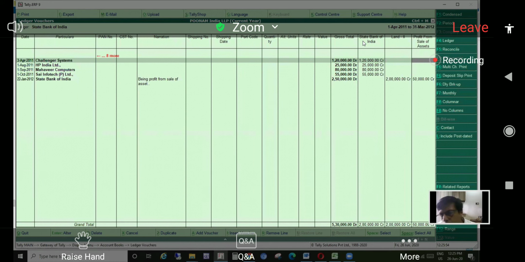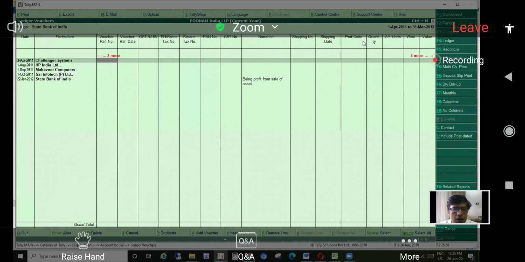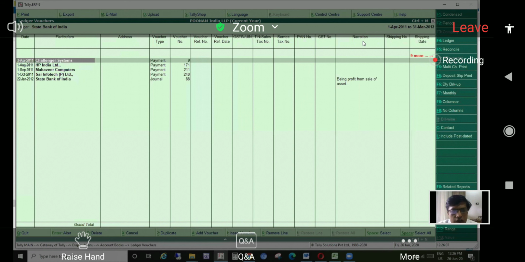That is useful. Also useful in the columns of PAN number details when we are looking at particular loan accounts or a group of loan accounts. We can have it for general ledgers too. So columnar report is available at the ledger level and at the voucher level. These are the two options that you should know before we start using the Tally audit tool.